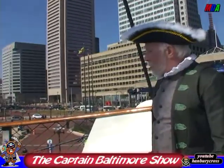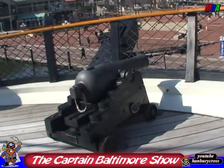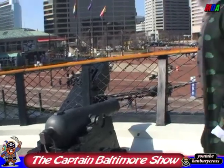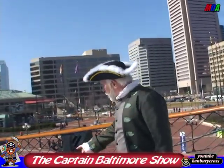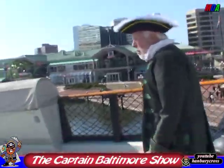This is the bow chaser we talked about. The original one on this ship fired a 30-pound shot, but it would have been a bigger gun than this. And out here,